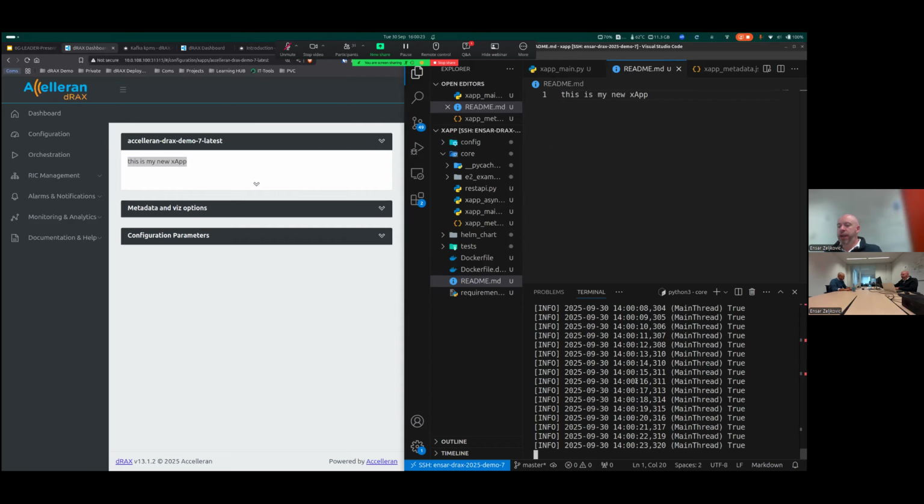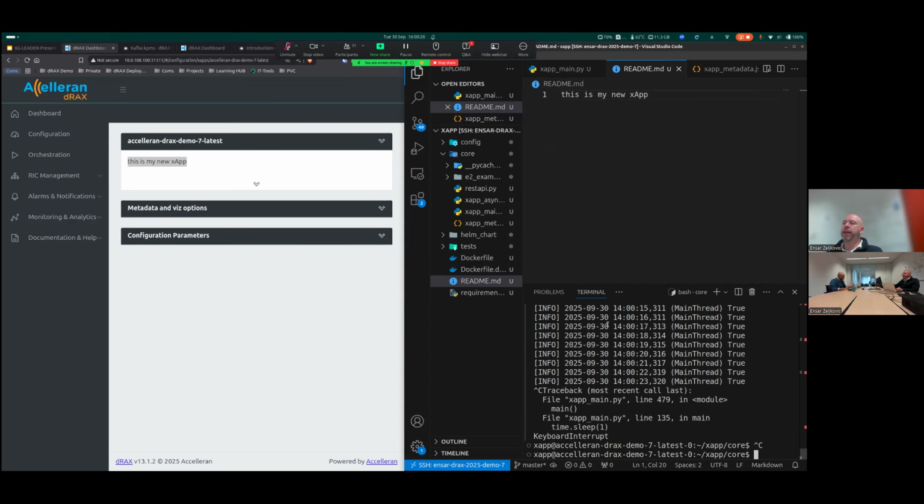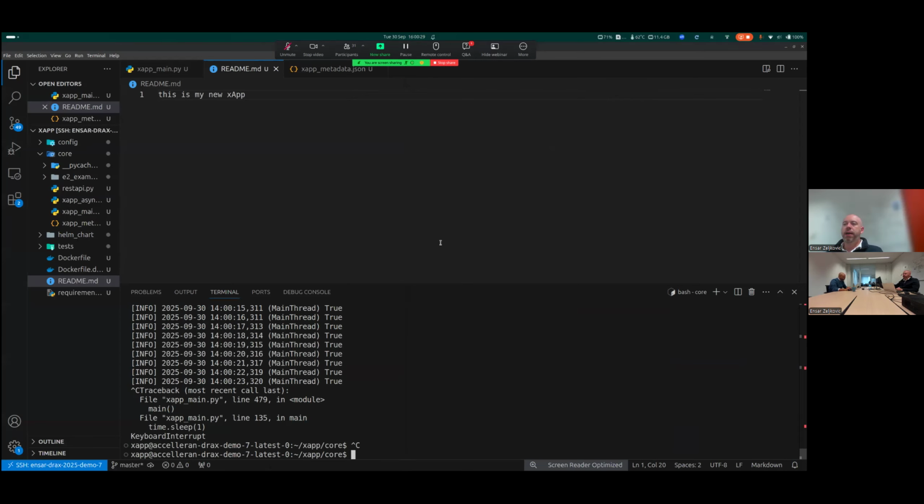Okay, so now that we've seen that functionality, let's look at the functionality of extending the APIs. The xApps have a built-in API server. One of the things taken care of by the SDK is that it handles the configuration aspect. So all of this that you see behind the scenes is utilizing APIs. But we've also exposed this API server to the developer so that if you have some kind of use case, you can create your own endpoints on your xApp and utilize that for various scenarios.